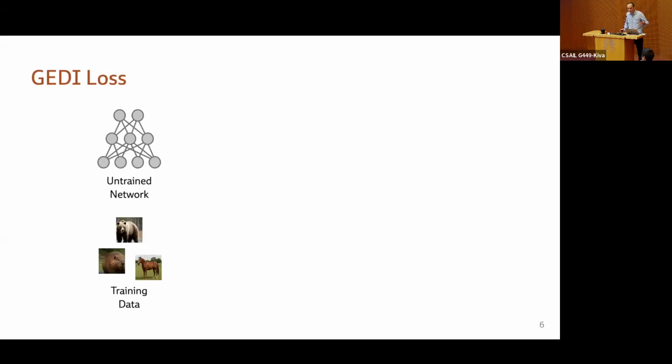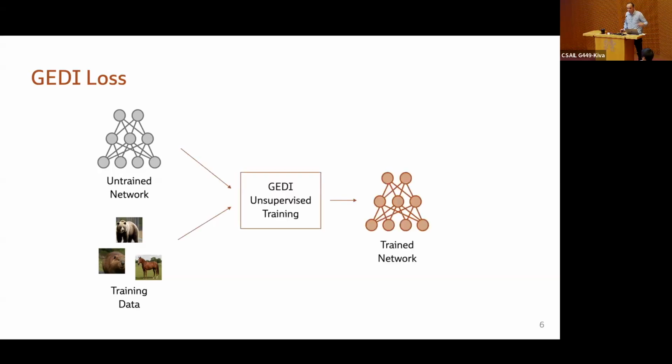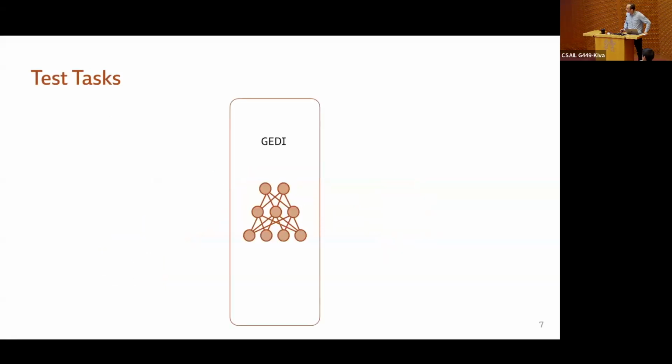Now, just to be concrete, because this is kind of abstract, the value of this theory is that we can come out with a unified model, a loss that enables us to pick an untrained network. We can think of this as an untrained classifier. We have some training data, some images that we are using. With this function, we can train the neural network in an unsupervised way to perform several tasks. We are going to see what tasks we can solve at test time.